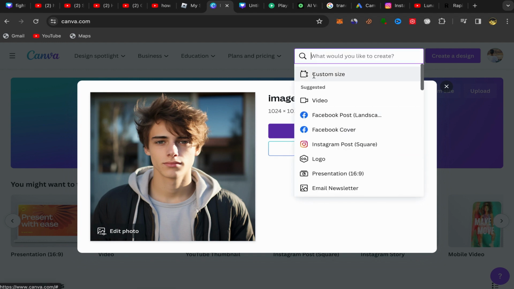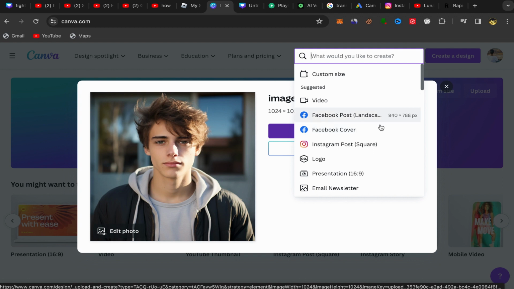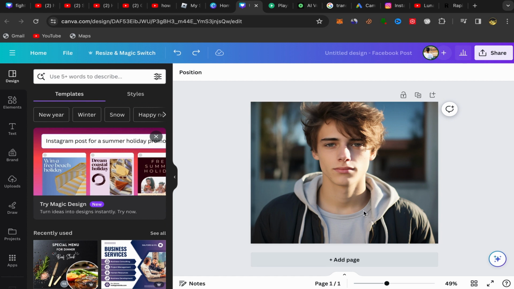And you need to choose the size of your picture. So you can click on custom size and put your own size, or you can choose those sizes that are suggested by Canva. If you are making this picture for a Facebook post, you can choose this size. If you are making this picture for a Facebook cover, choose this size. So for me, I'm gonna just click this one, Facebook post, and you will be directly on this page